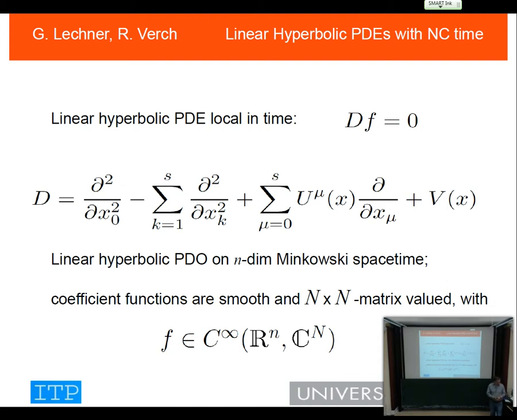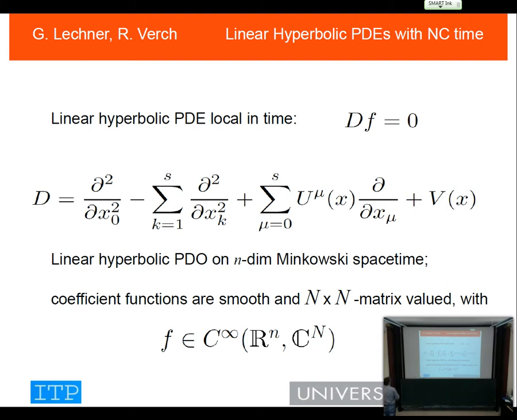let's first look at a linear hyperbolic partial differential equation, Df equals 0, where D is a linear hyperbolic differential operator on Minkowski spacetime. You see it has a metric principal part and then some lower order terms. So the coefficient functions can be general smooth functions, and they are matrix valued if we allow n components for the field. And then I should remind you